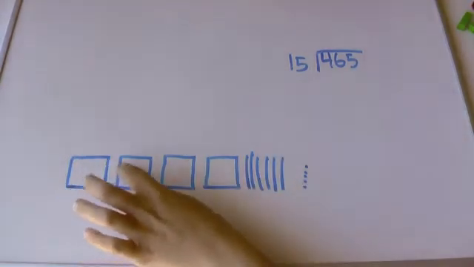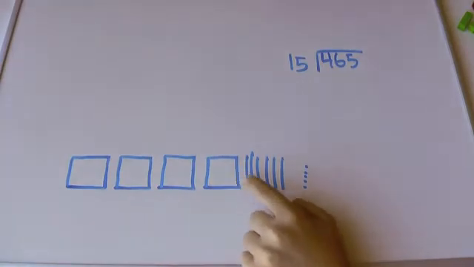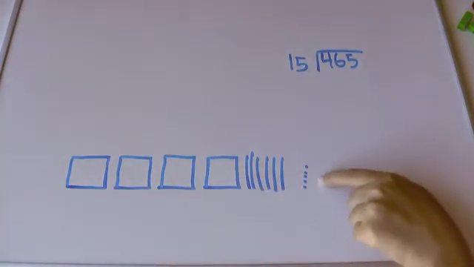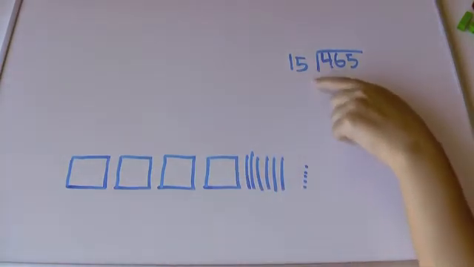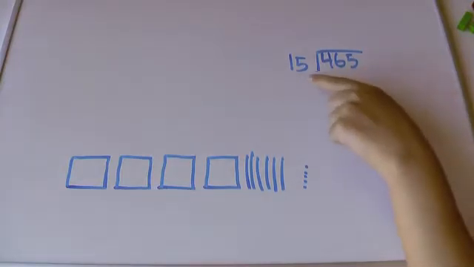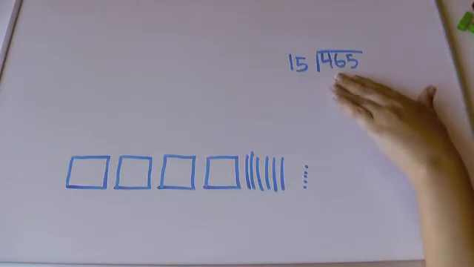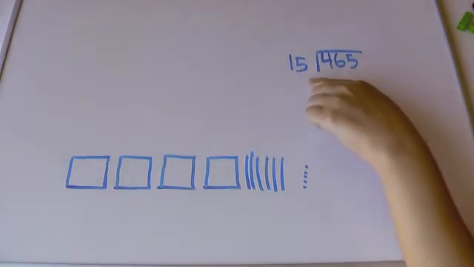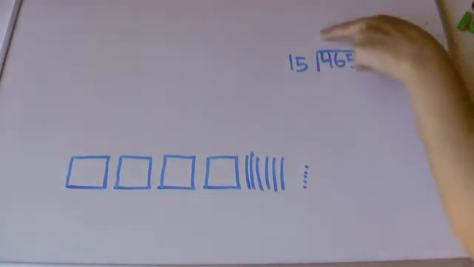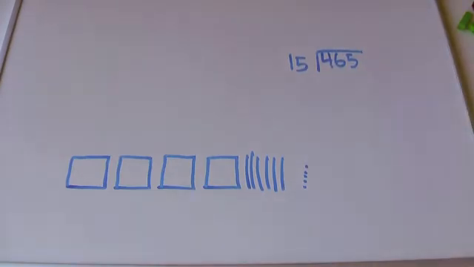So 465: 1, 2, 3, 400, 6 tens, and 5 ones, okay? And we want to divide that by 15. How many 15s are in 465? Or if I make a rectangle out of 465 and 15 is one side, tell me the other side. So the first thing I see that I can do